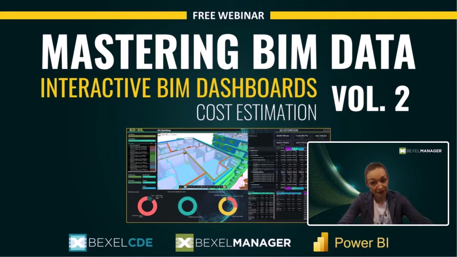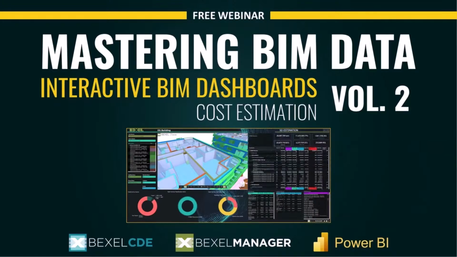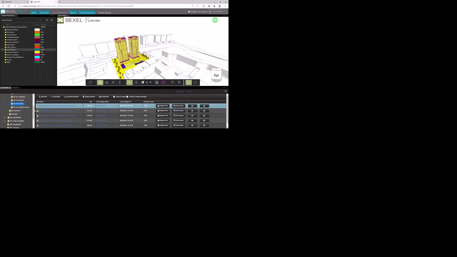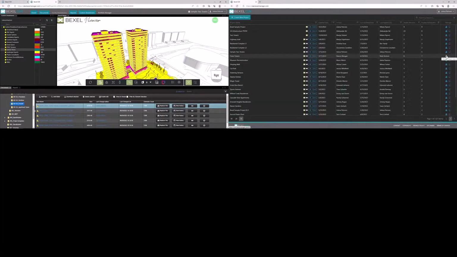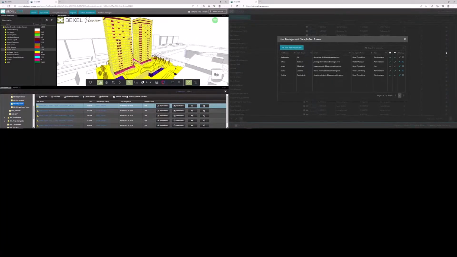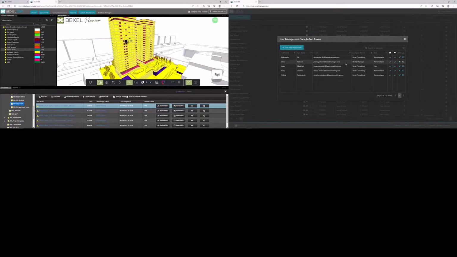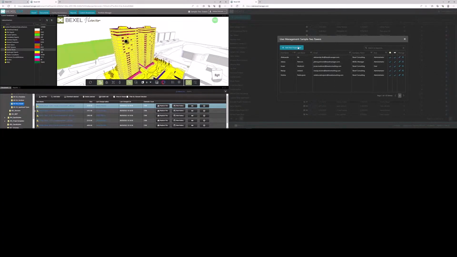All this will be done using BEXEL Manager in synergy with our BEXEL Common Data Environment, presented on BEXEL Sample Project 1, Residential Complex 2 Towers. First, we will go through the main insights of BEXEL Common Data Environment, and you will learn how to manage projects, versions, roles and permissions. You will learn how to create a new online project, how to publish a new project version to